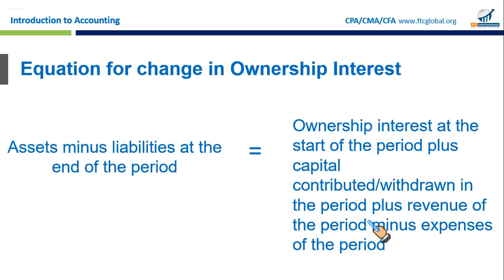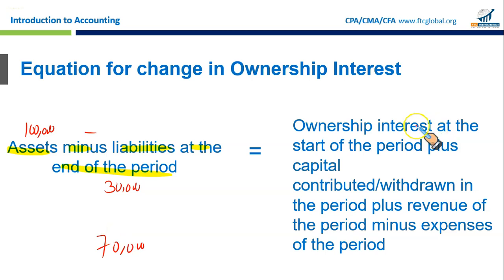Now we can finally combine all that we have done so far. Assets minus liabilities at the end of the period. Let's take some numbers to explain. We have assets worth $100,000 less liabilities of $30,000 at the end of the period. So our equity is $70,000. This is one side of the equation. If you look at the other side,